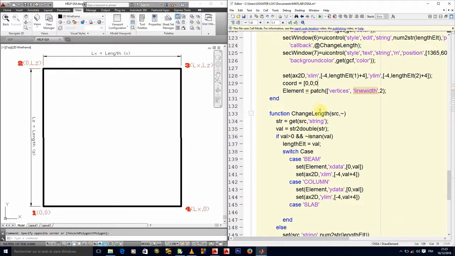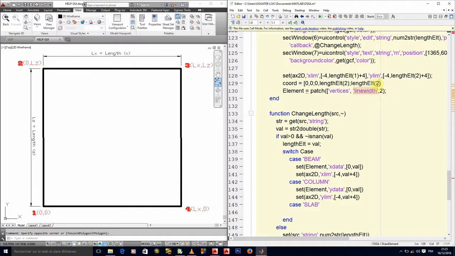So it will be 0, comma, length element of 2, right? Because that is our LZ. We said our length element for the slab case will become a 2-element vector. The first element will represent the length of the X, and the second element will represent the length following the Z. That's the way we transform real cases to MATLAB scenario.